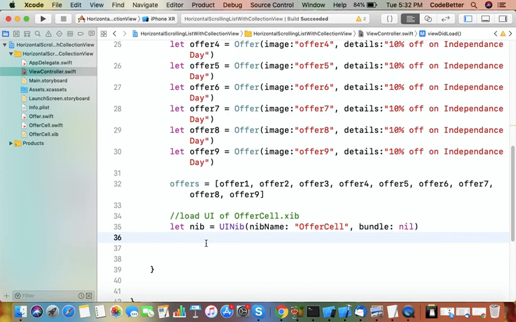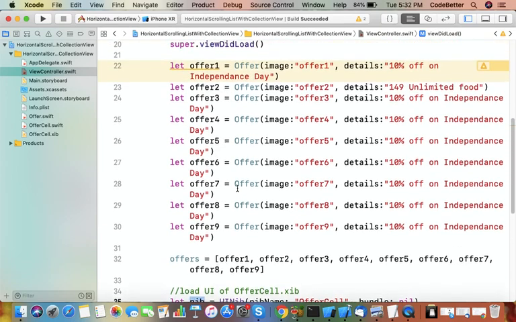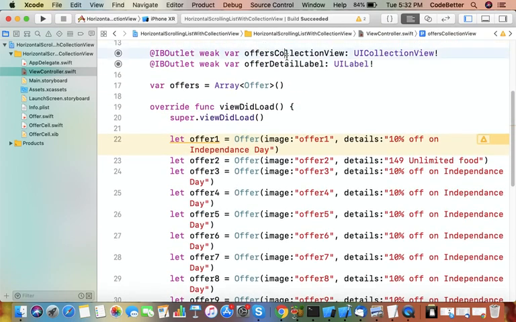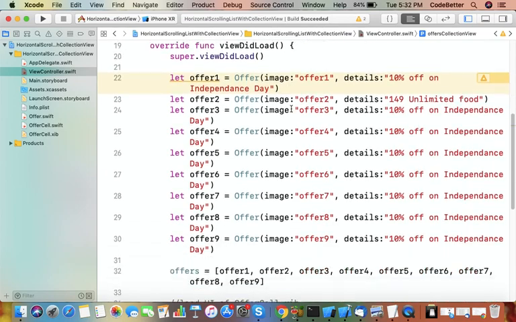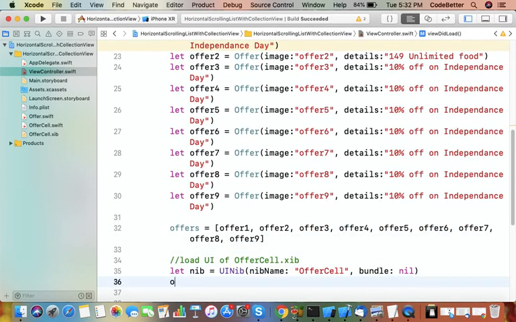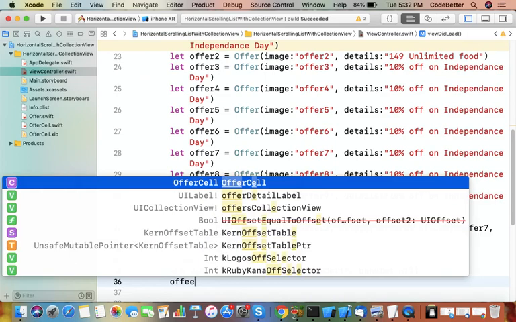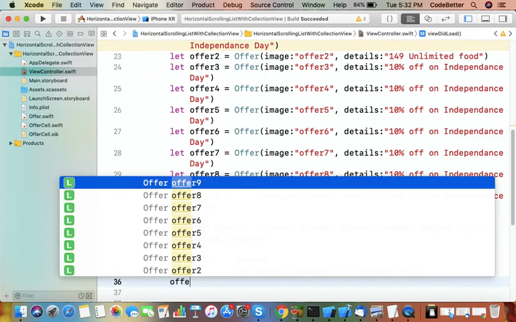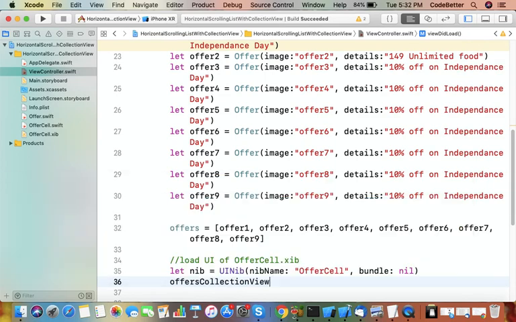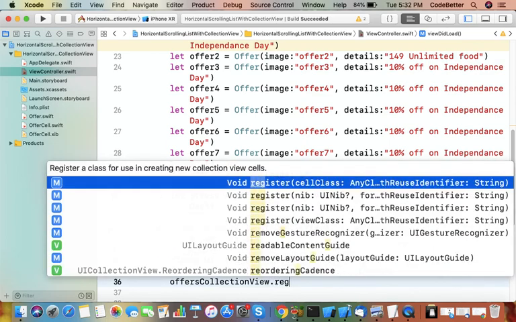Now we add this to our collection view. We add this XIB UI object to collection view. This is our collection view. So we go add to offer collection view. Dot register function is there.